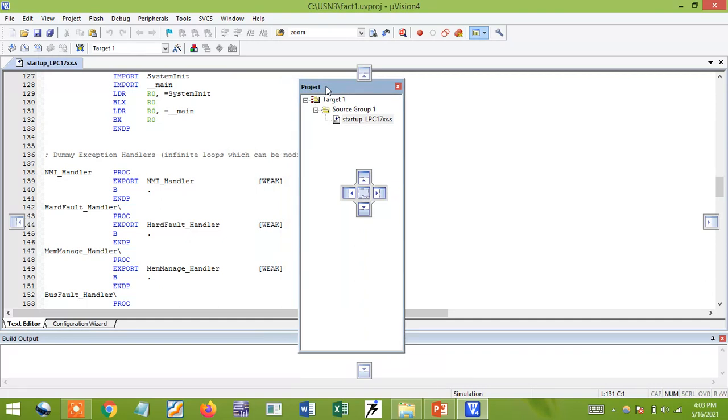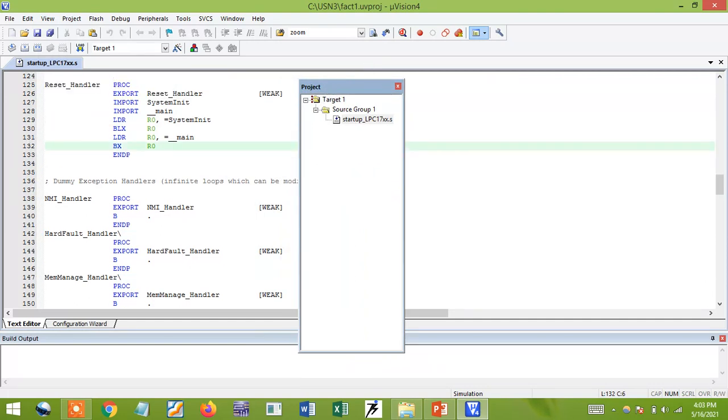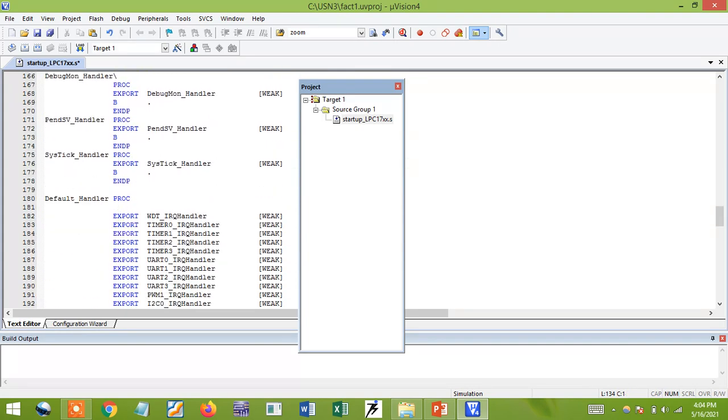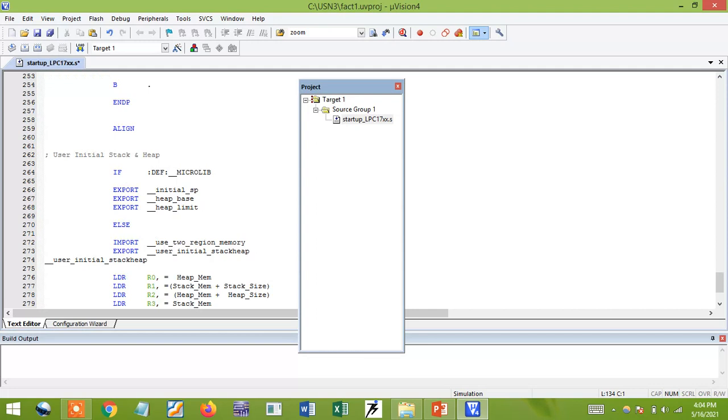Okay. So what are the lines we need to edit? Just go to line number 127 and make a comment. Next 129, 130, just make a comment. Next 272 and 273. So line numbers 272 and 273. Just save it. Once you save, go to source group, and here I need to create my program.